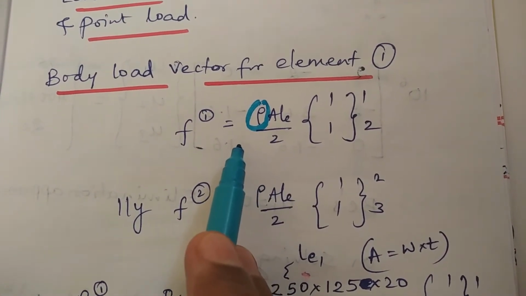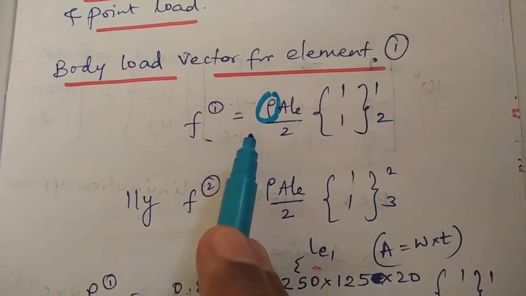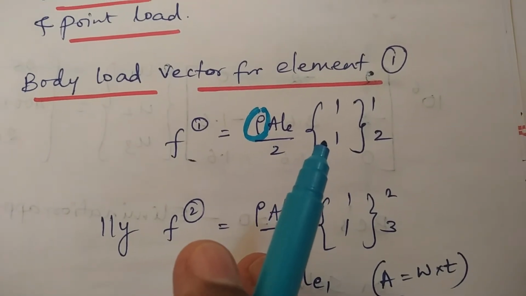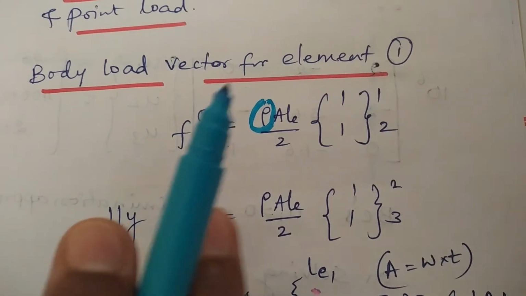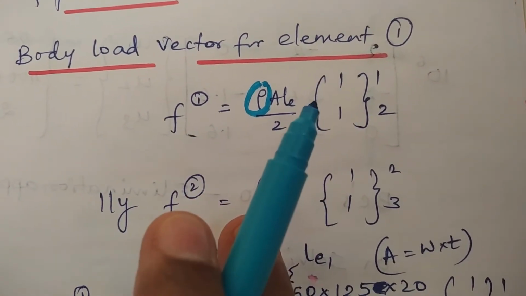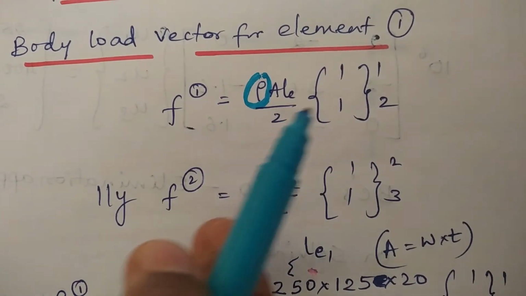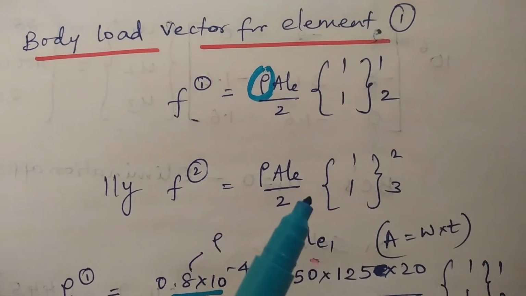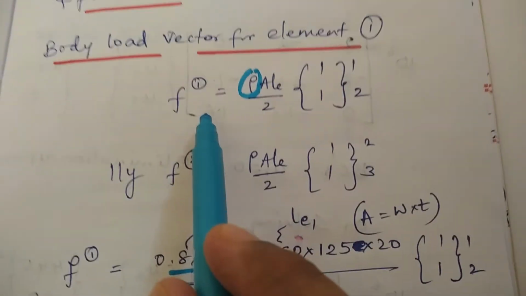Remember students, total strain energy in a 3D elastic body, that is the total potential energy in a 3D elastic body, is the sum of strain energy plus work done. What is work done? Work done is the contribution of body force, traction force and point loads, that is concentrated loads. So most of the problems in 1D bar elements will also focus on concentrated force. In this problem you are observing a body force also. So take that into consideration. We need to use this equation.